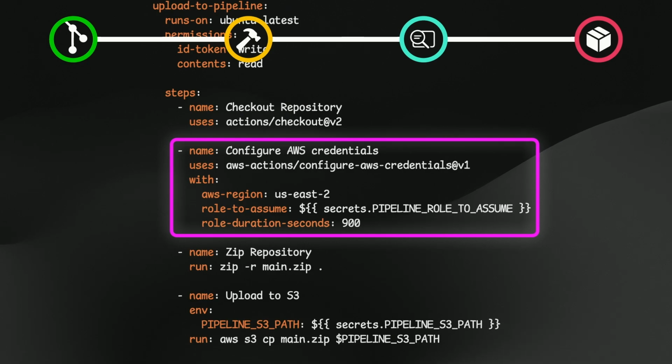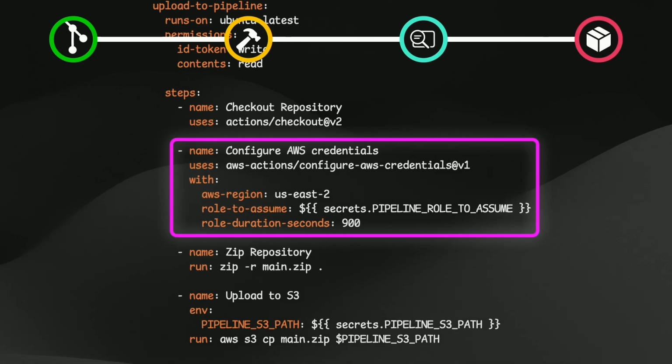So again, this leveraged that role assumption. It would go out, it would assume a role. That role gave it access to upload to just one spot, an S3 bucket. And that bucket was set up for versioning, so that even though it's the same name every single time that's getting put to, it would just increment the version inside S3, so we could backtrack through artifacts if we really needed to. The role name, we actually did store in AWS Secrets Manager,